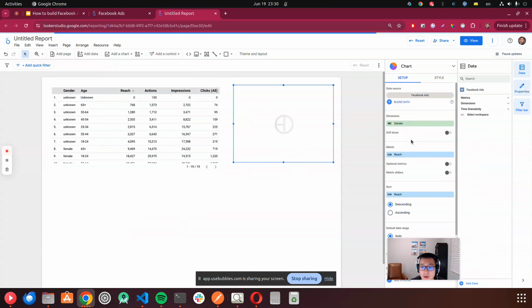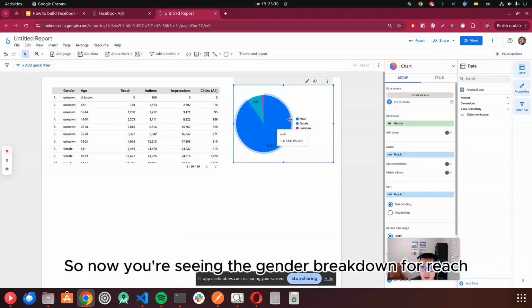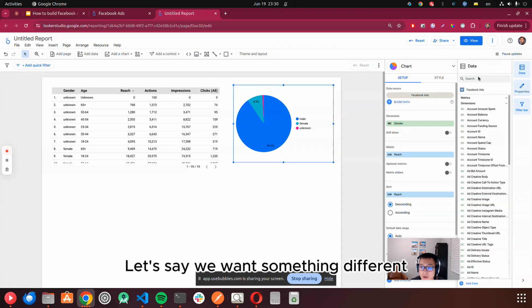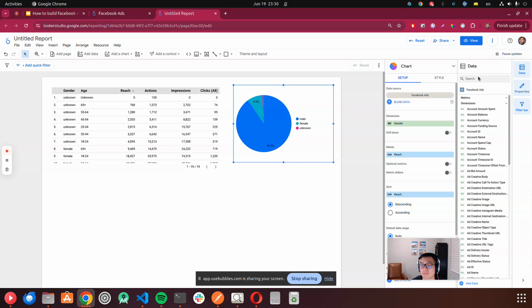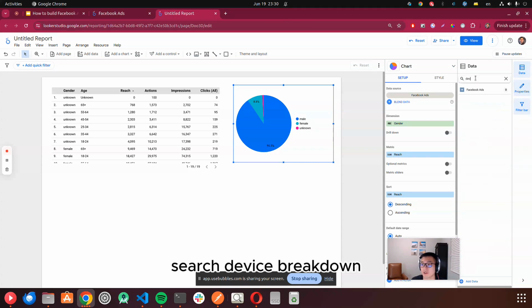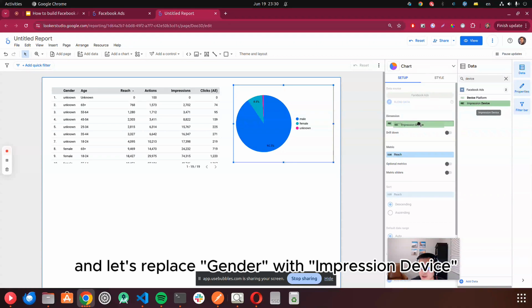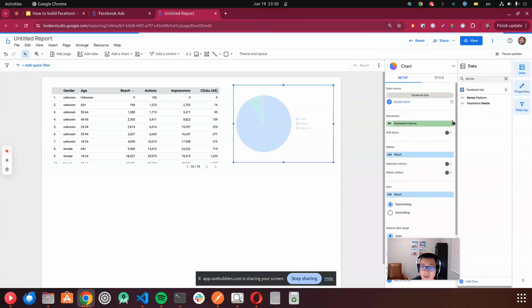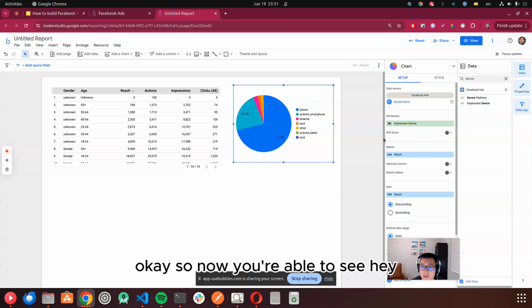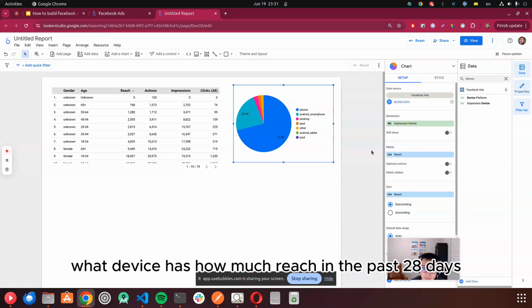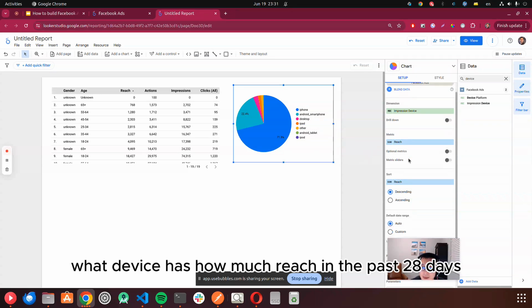Okay. So now you're seeing the gender breakdown for reach. Let's say we want something different. We want device breakdown. Just search device breakdown. And let's replace gender with impression device. Okay, so now you're able to see, hey, what device has how much reach in the past